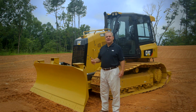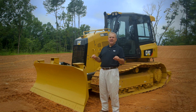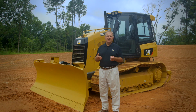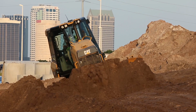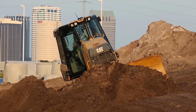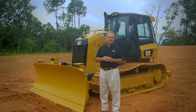And what he's saying is, I'm using the seat of my pants to feel the pitch of the machine fore and aft. And that's what we've tried to do at Caterpillar, is replicate that feeling the operator has when he's running the machine by using some technology. We call this feature stable blade. We do this by placing a sensor up on the C-frame or blade of the machine to actually sense the machine pitching forward and aft, and use that input along with the operator's manual input to the dozer control to allow him to provide the smoothest finished grade when he's in the manual mode of doing his finished grade type